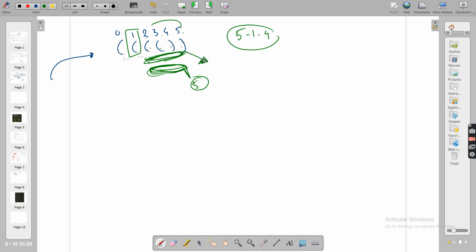But other than that last index, we want the last index to its left which is not contributing to its chain. You just have to subtract their indices. 5 minus 1, that's it, you are done. So 5 minus 1 equals 4. Now let us see a few other test cases, not just this, because we want to solve this problem and see whether our intuition is working fine or not.